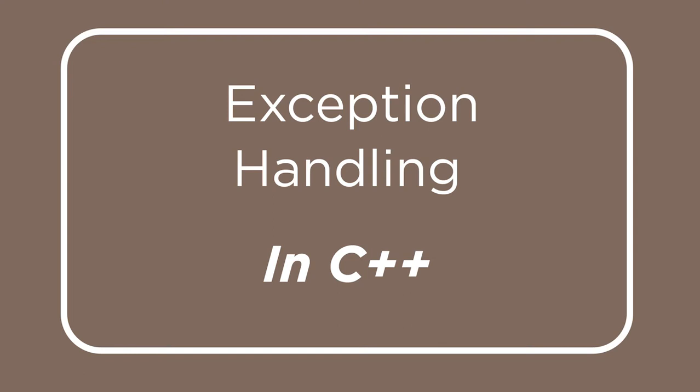Hello friends, the topic of discussion is exception handling in C++. In the example shown in this video, I will explain exception handling in terms of the array out of bound exception, which is a synchronous exception to be dealt with in C++ exception handling. Let's go straight to the program to see what is being done to handle such an exception, that is, the array out of bound exception.